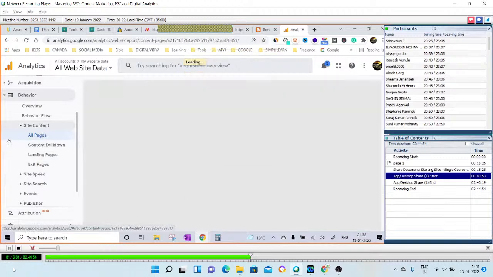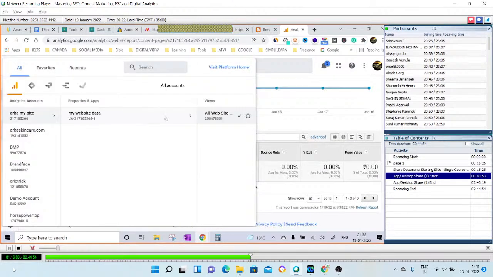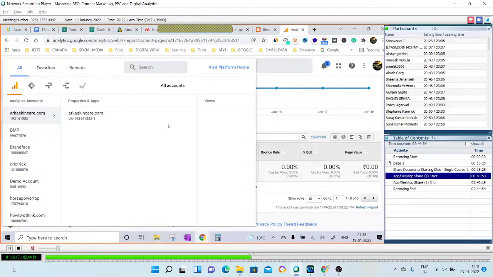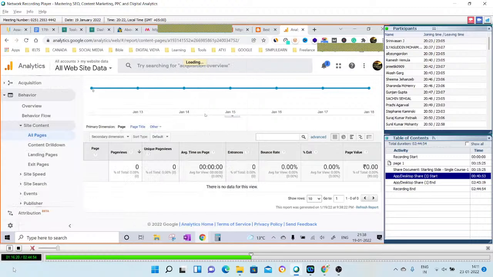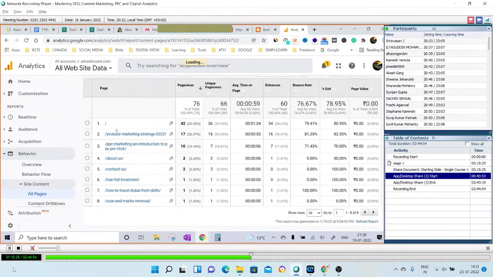Now if I just go and see the content of my page, I'm just going to change the date. So you can see backslash. All the other page names have been given. How many times this page came, this page came, this page came, and this means 42 times the home page. So this is the home page, and you can cross-check what I told you.